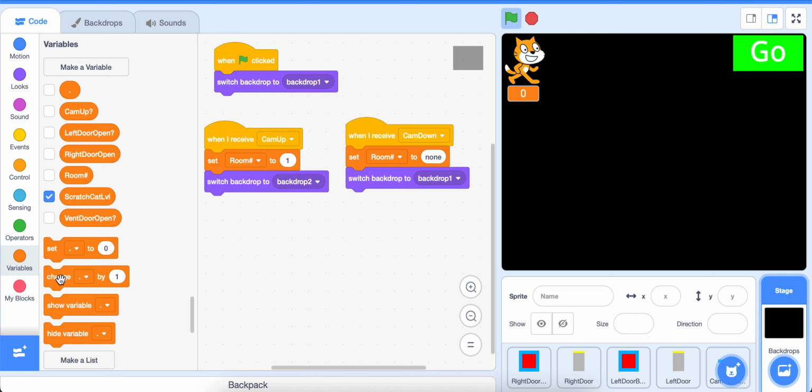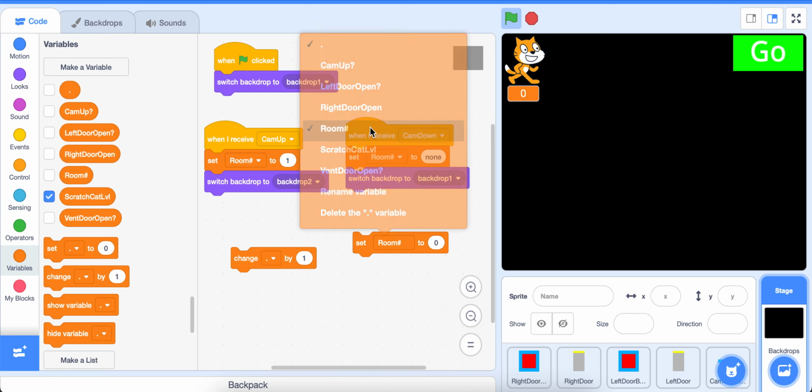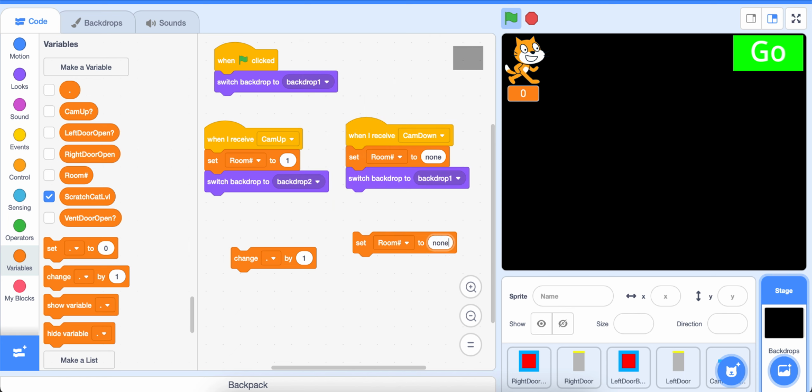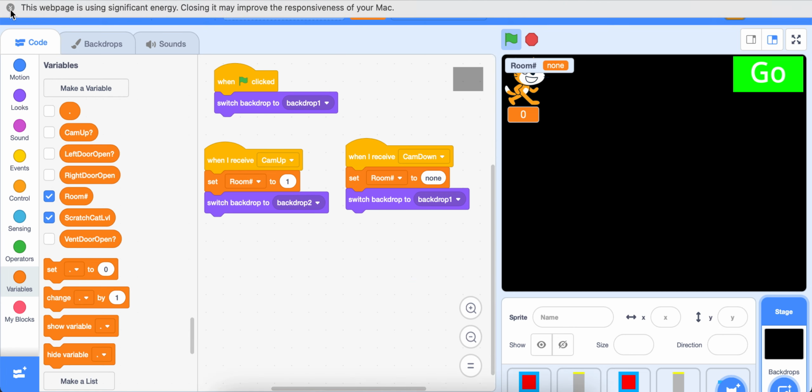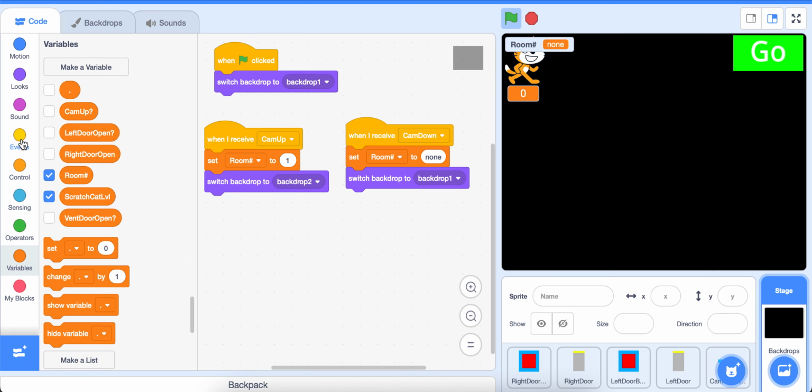Now, if we set room to none, or anything that has letters, so let's show the variable room, and then you try to change it by 1, it'll just go to 1. So, what we can do with that is we can make it so that